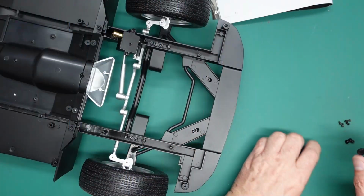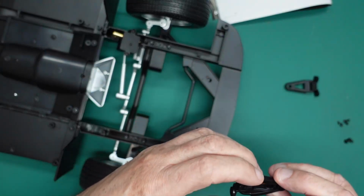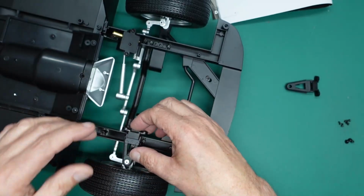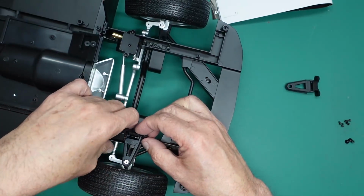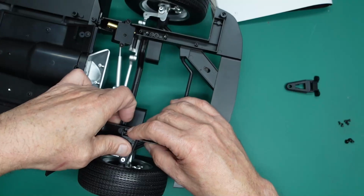Okay, so we're going to take the right hand upper arm. They look pretty symmetrical to me, but there may be a slight difference, I'm guessing, because they numbered or lettered them. So that's going to go on there, and then it's telling us to take these 2. So we've got to basically lift the